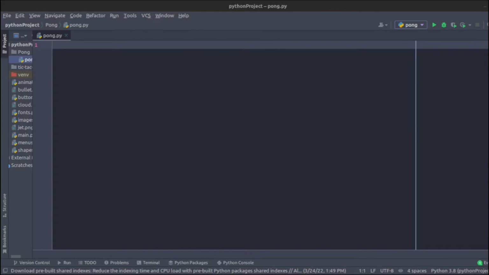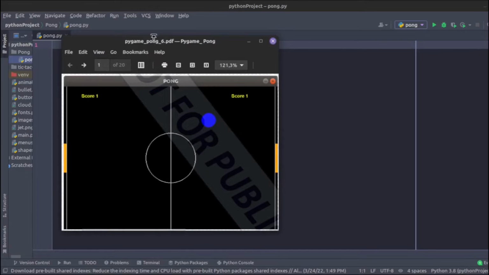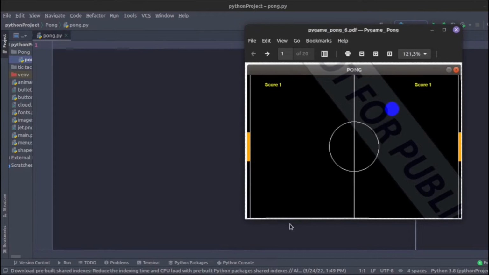Hello everyone, today we will be creating a Pong game in Python. So just the classic Pong game that you're used to playing a lot. And we're going to do this by using the Pygame module. So this is what the final game is going to look like. We're going to have the two players here, and this will be the ball that you're going to play the